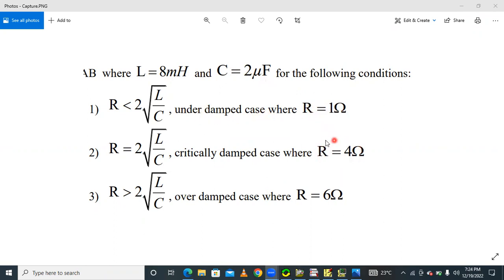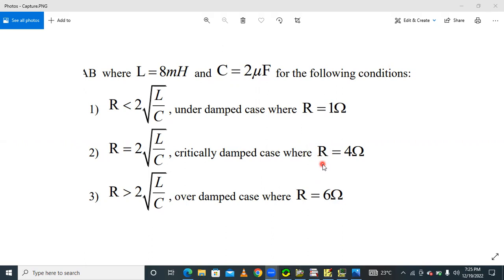If resistance is equal to 4 ohm, that is called a critically damped system, and a resistance of 6 ohm is an overdamped system. For this system, we have to identify how the frequency domain analysis, phase plot and magnitude plot change by changing the values of resistance, from underdamped to critically damped to overdamped. For the three cases, we have to understand how gain margin, phase margin, and omega PC, omega GC change,